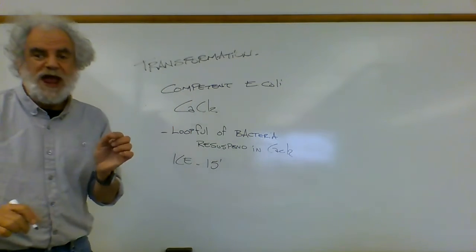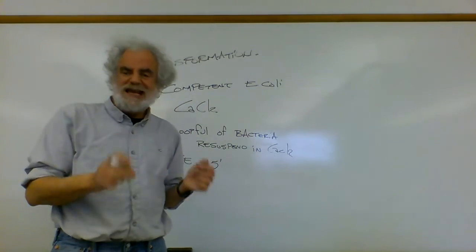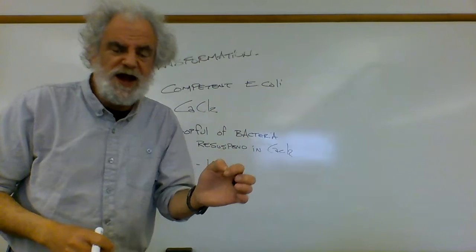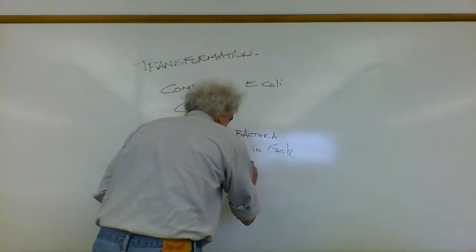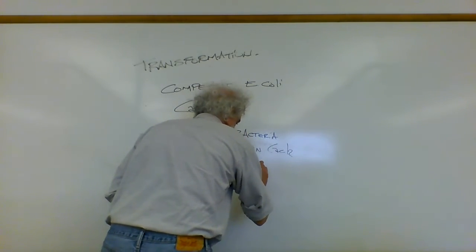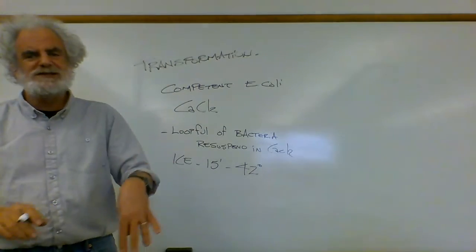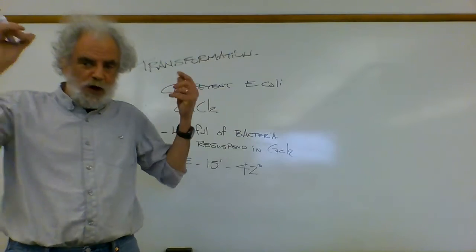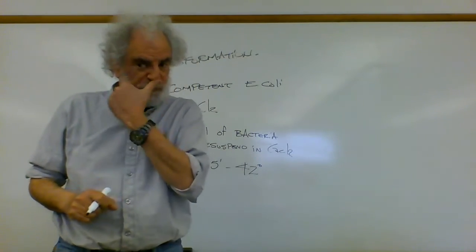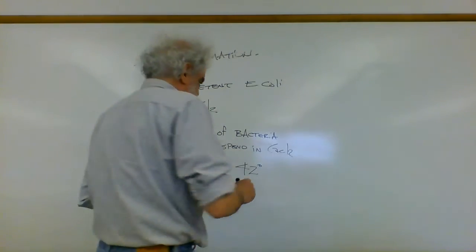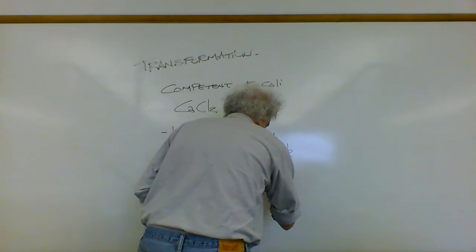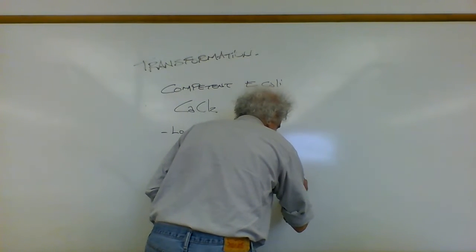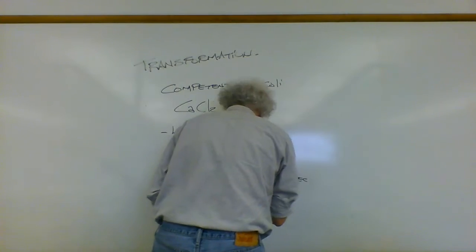A critical thing you have to do is something called a heat shock. We're going to take them directly from the ice and put them into a water bath set at 42 degrees. I'll just tell you, 42 degrees is a lovely bath temperature, but that change in temperature causes the DNA to get taken up by the cells. Once we have heat shocked them, and we typically do this for between 45 and 90 seconds,